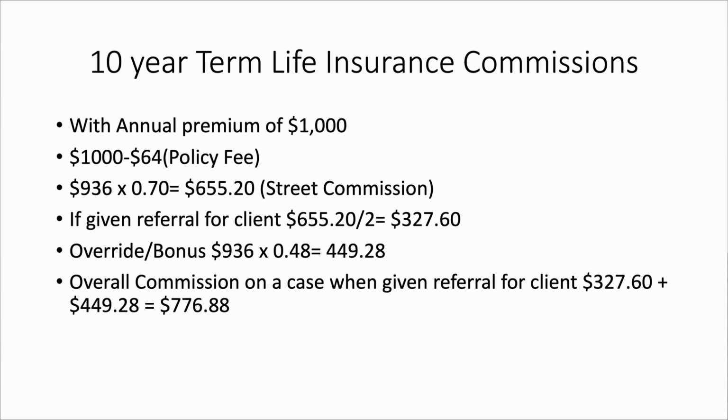Cool. And now it's where it gets a little tricky, because it depends on how long the term is for the next portion of it, because they'll pay you different percentages of the commission, based off how long it is. So like 10, 15, 20, 25, 30. They'll pay you a little bit more percentage if it's a longer term because they're getting more money out of that. So let's go with 70%, which is usually what they probably are going to be around for a 10-year term. So if you have 936 times 0.7, you get